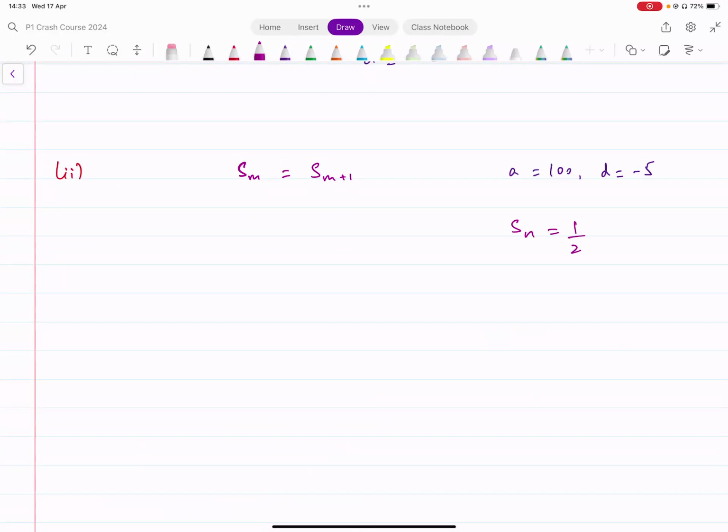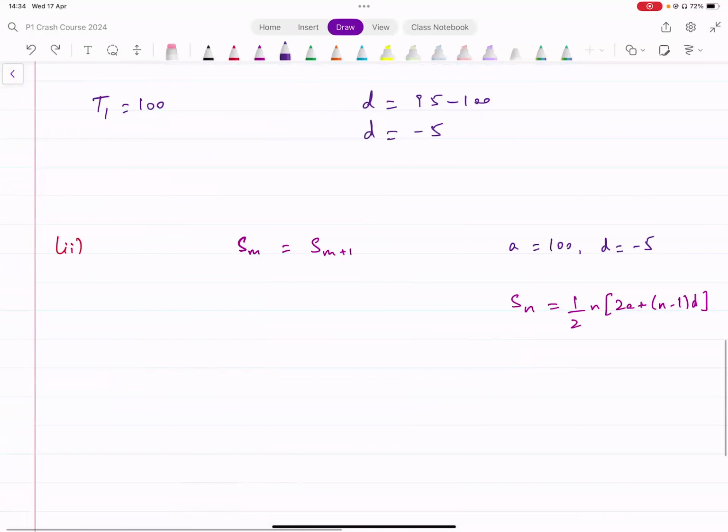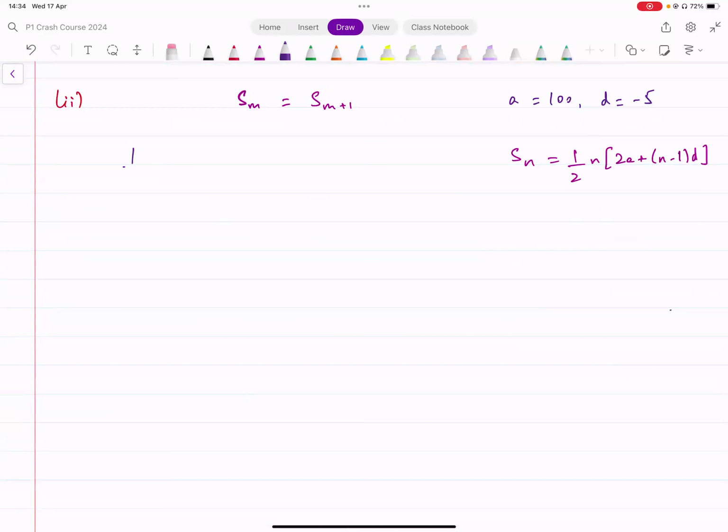It's given in the formula sheet like this: half into N into 2A plus N minus 1 times the difference. Just input values in that. In place of N, you got M here. So you could say it's half M into 2 times A. A is 100 plus M minus 1 times the difference, which is minus 5. This should equal